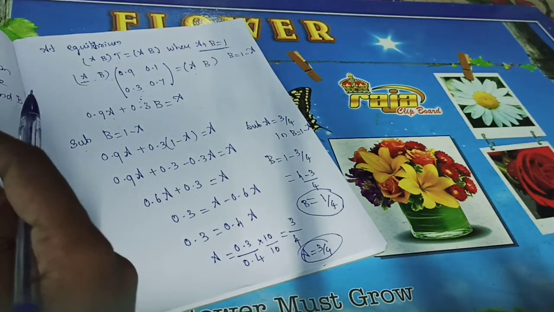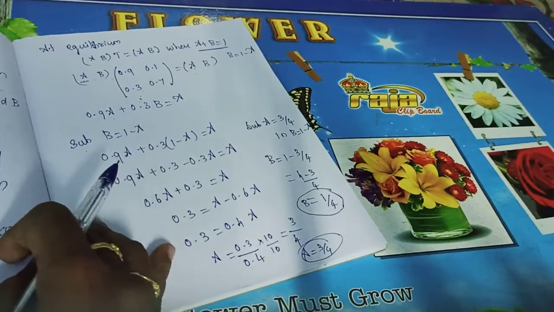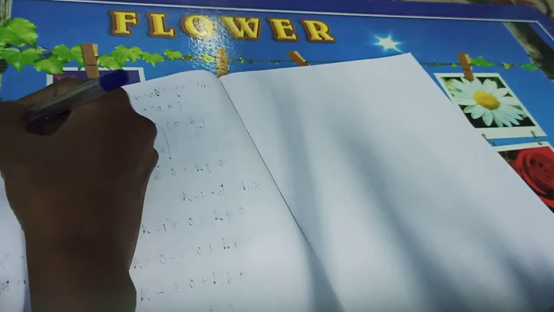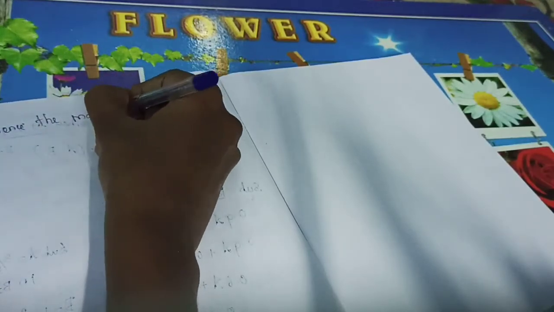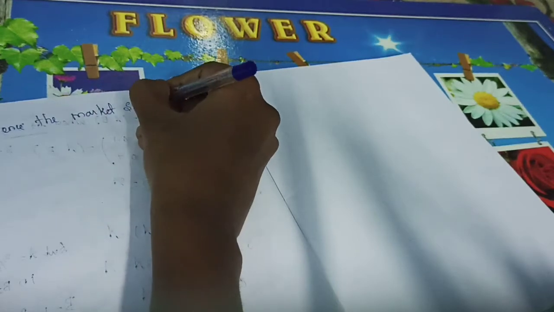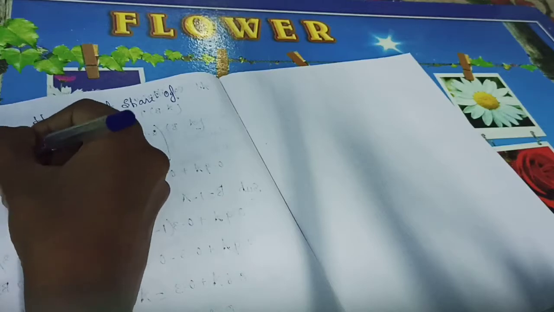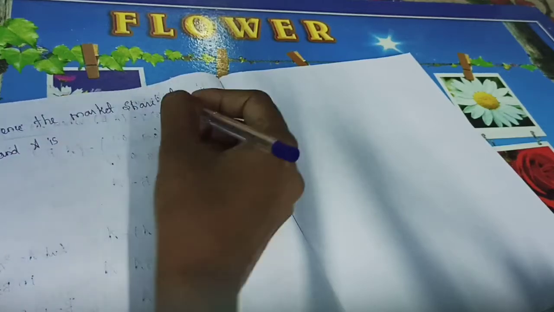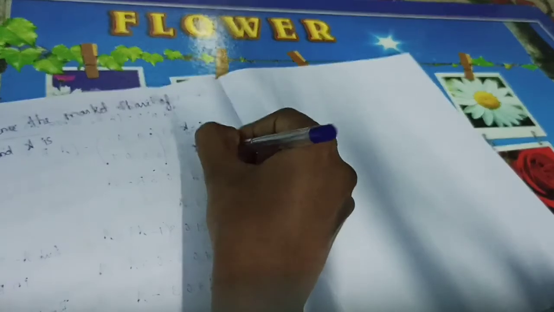Understand all of you? I hope you all got it. Okay. So from this you can write the answer. How we will write the answer is, hence, the market share of brand A and brand B separately you need to write. Is it right? Hence the share of brand A. What is brand A? A is equal to 3 by 4 you got. B is equal to 1 by 4 you got.